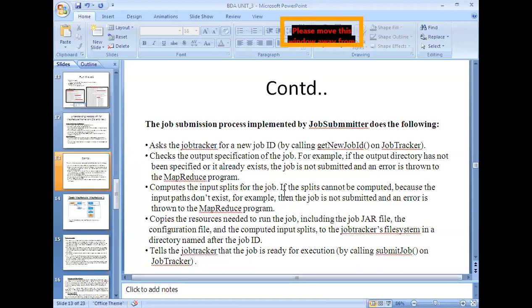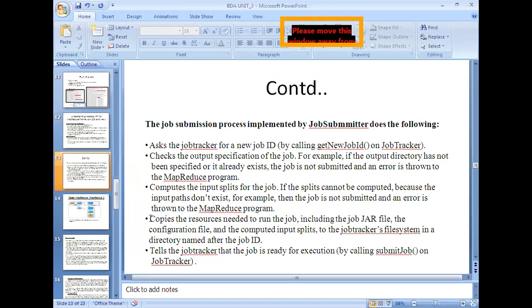That is the reason, if the splits cannot be computed because the input path does not exist, in that case it raises an error message, right? Hope you understood. In the driver code, we have observed setInputFormat and setInputPath, right? So that is the necessity of setting that particular input path for the configuration object.